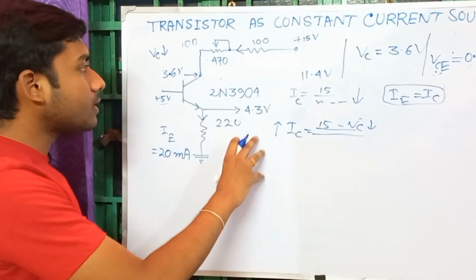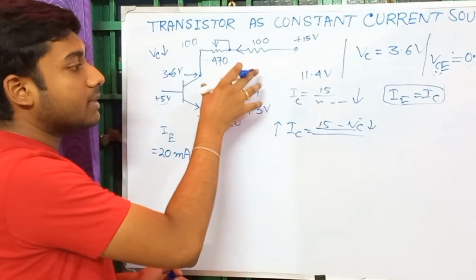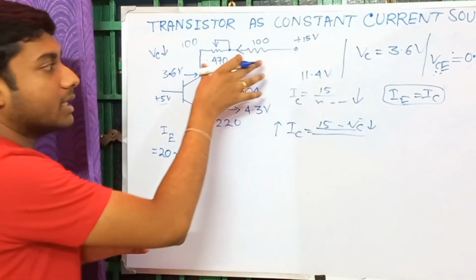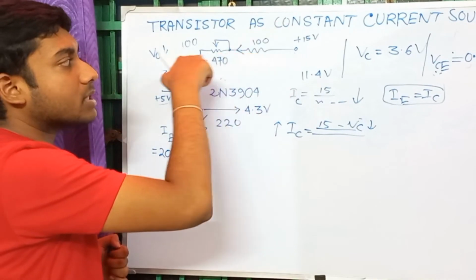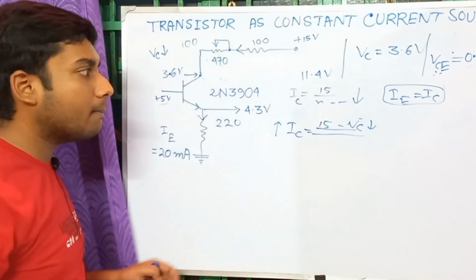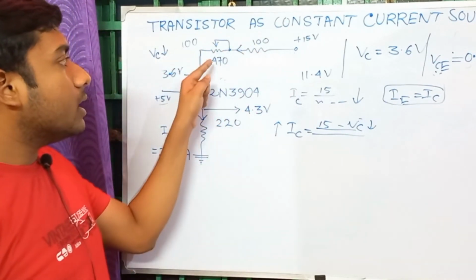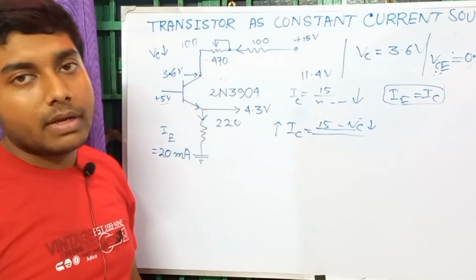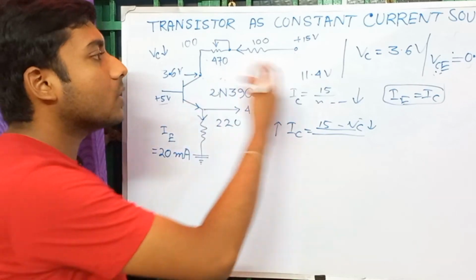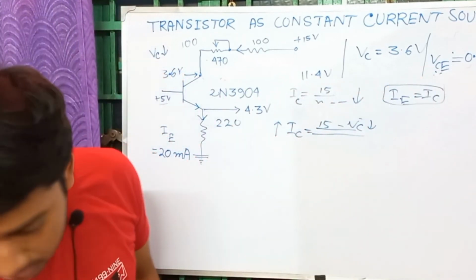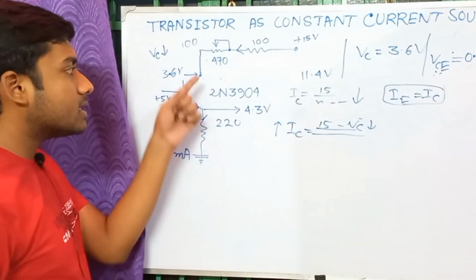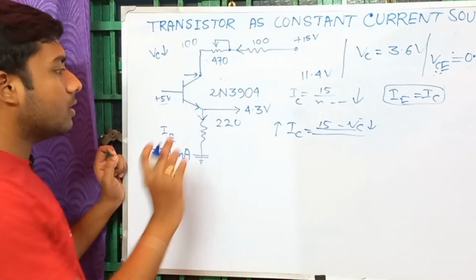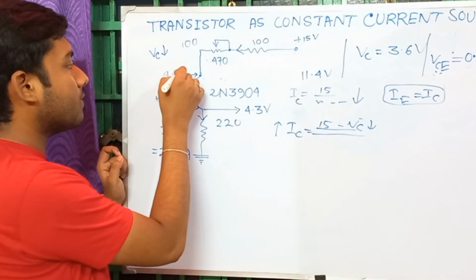So in this limit, the circuit will work as a constant current source. Thus this circuit is maintaining the constant current in this way. But when you increase this beyond a certain limit, it will go to the saturation region. That means it will drop down and drop down, and once it comes to 4.5 volt,